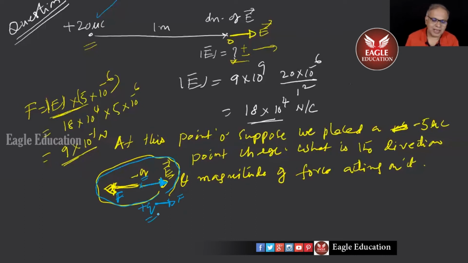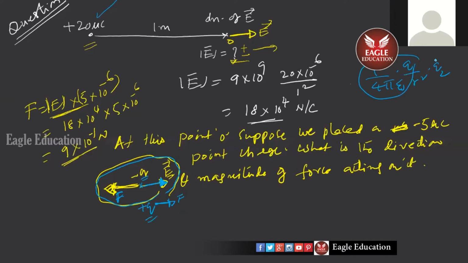I never wanted to do it from 1/4 pi epsilon naught Q1, Q2. It will come this way only. Why? The way we wrote E was like this only. 1/4 pi epsilon naught Q1 by R square into Q2 means there's a field strength into Q2. So the new thing you learned is this field strength. Don't ignore it. Okay, sir. All right. I'll just go to the next page, children.